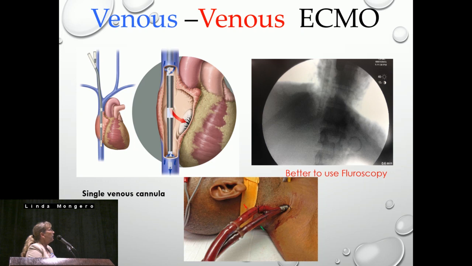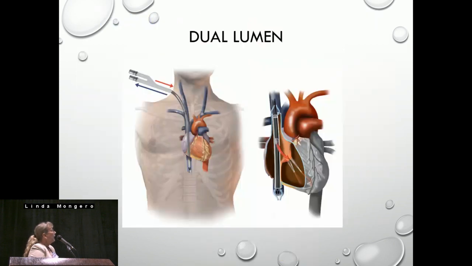Also for V-A ECMO, of course, everyone knows it's very popular, the two-stage venous cannula that's used, that's really a single venous cannula. You should use this under fluoroscopy. Unless you're very, very talented at putting this in, it's hard to tell exactly where it's going. And with any dual lumen approach, you want to make sure that the inferior vena cava blood is coming